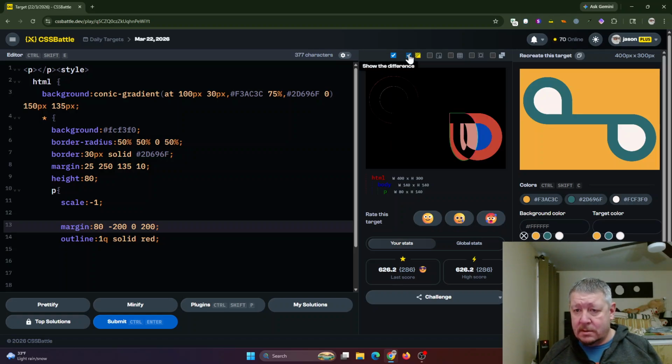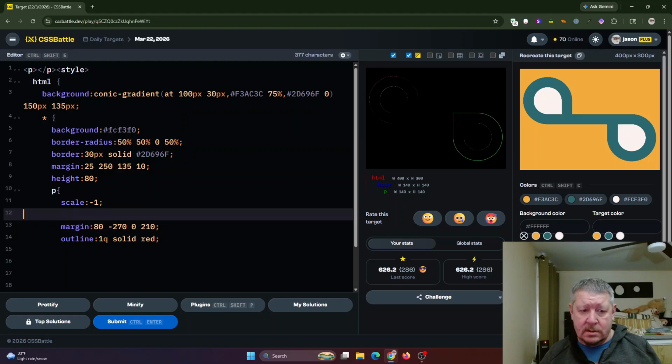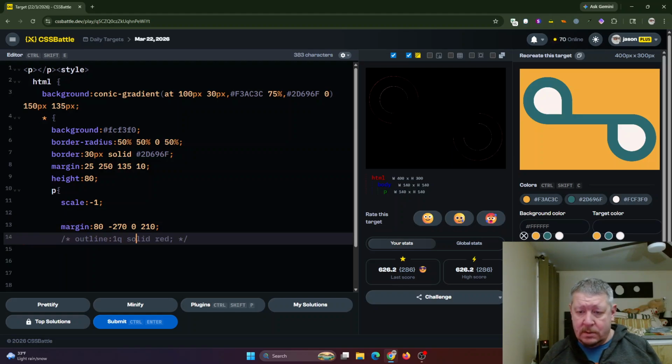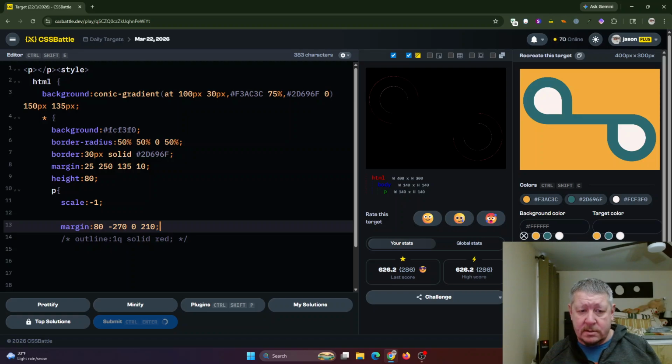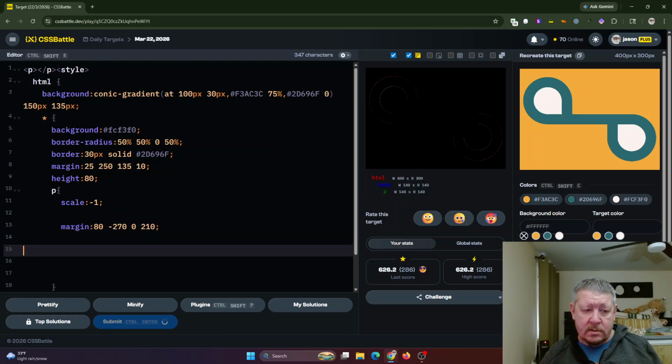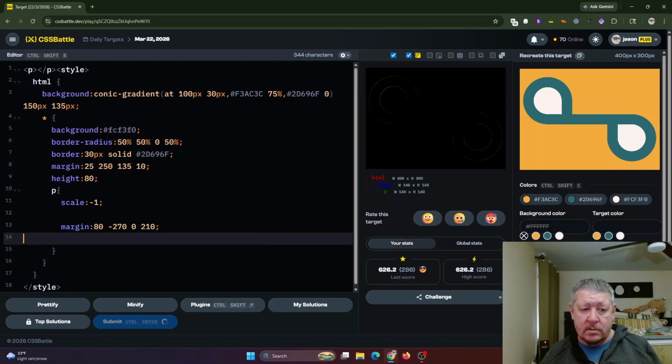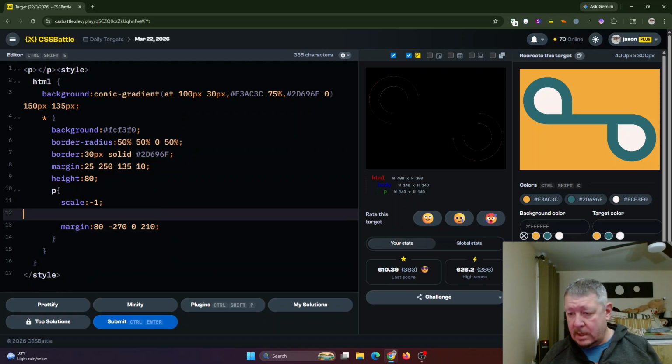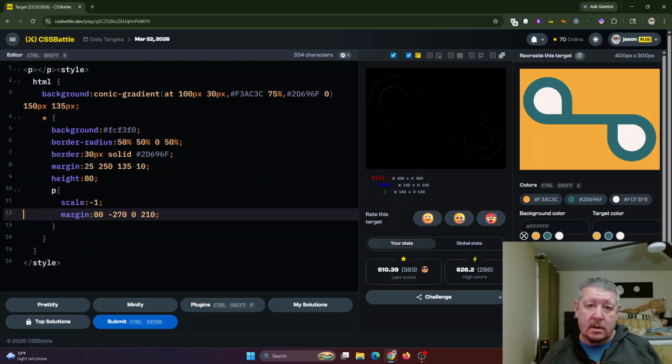That's making this shape there. And we need to push it over a little bit more to 10. And this one some more to 80. It's 270. There is the right shape. Get rid of the outline, and that should be a match. That is a match. We have 334 characters right now, which is not as good as our previous one, but